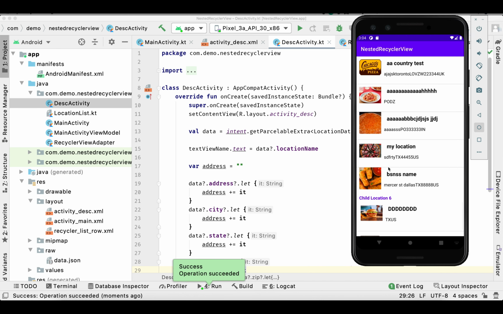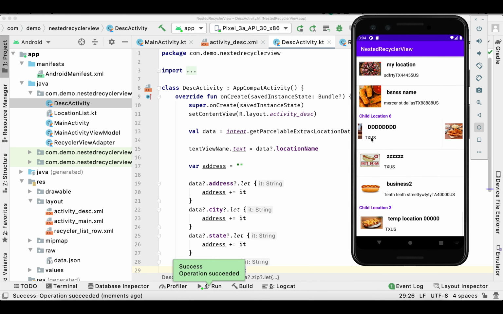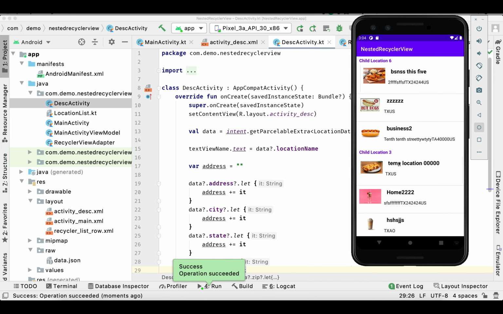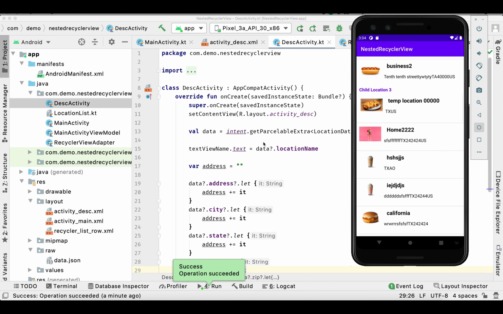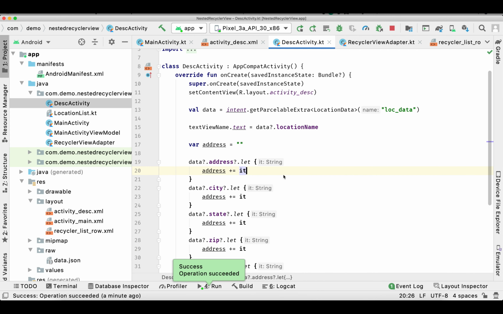We'll run and see. So we can see it's able to handle the click and taking us to the detail activity. Similarly on the child element as well, that's really great. So we can see now the address is not comma separated.